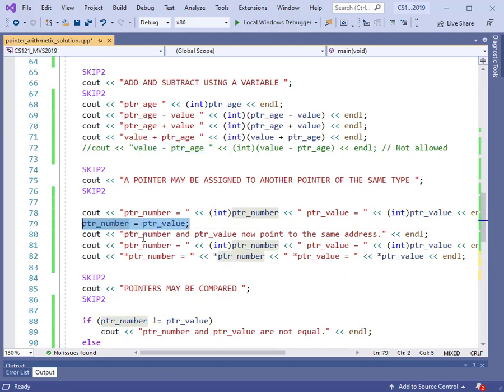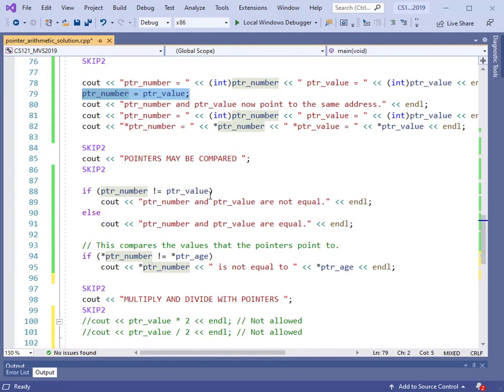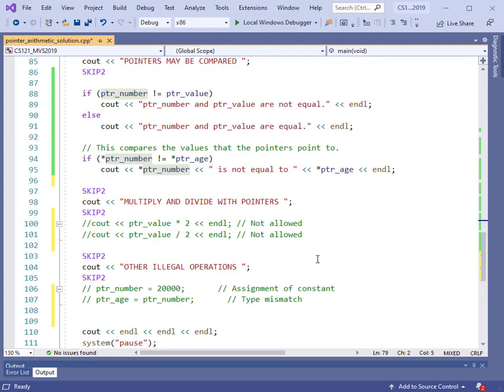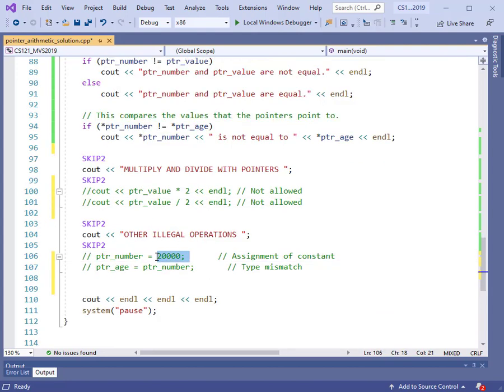Then you can compare pointers. Well, first of all, you can assign a pointer to another pointer that points to the same type. So we can do that, and that'll be handy in the examples coming up. It's important to know that you can compare pointers. You can check to see if they're equal. You can check to see if they're not equal to each other. But we can't do multiplications. We can't do divisions. We can't use a constant to initialize a pointer, and we cannot assign a pointer to a pointer of a different type. So you should remember those rules. You will see them coming up again in the future. That covers pointer arithmetic. So we made it through this video, and I think it's time